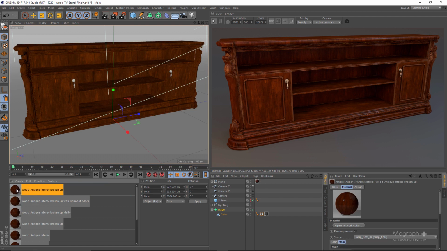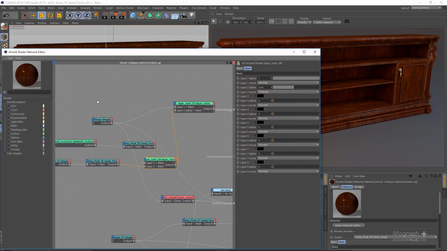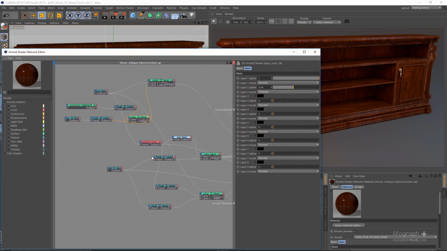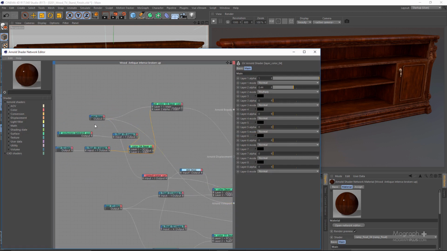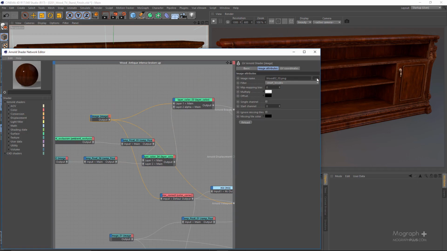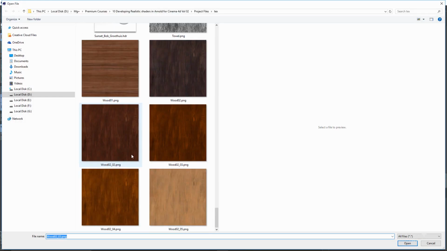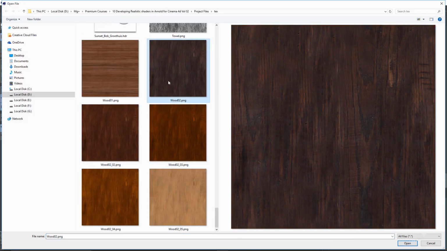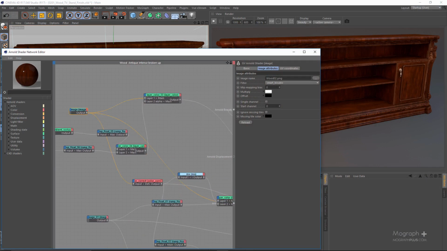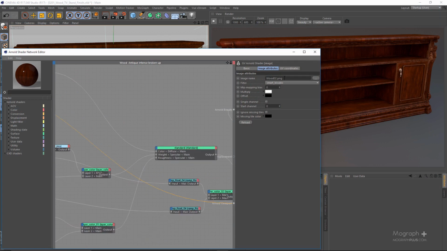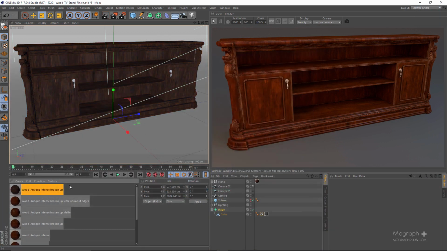So what I can do is come onto the first image that we had, which is this one, and use another wood shader, wood texture. So in this case, for example, let's use this one. And if I just connect it here, we should see a different result. If I just run the IPR here,